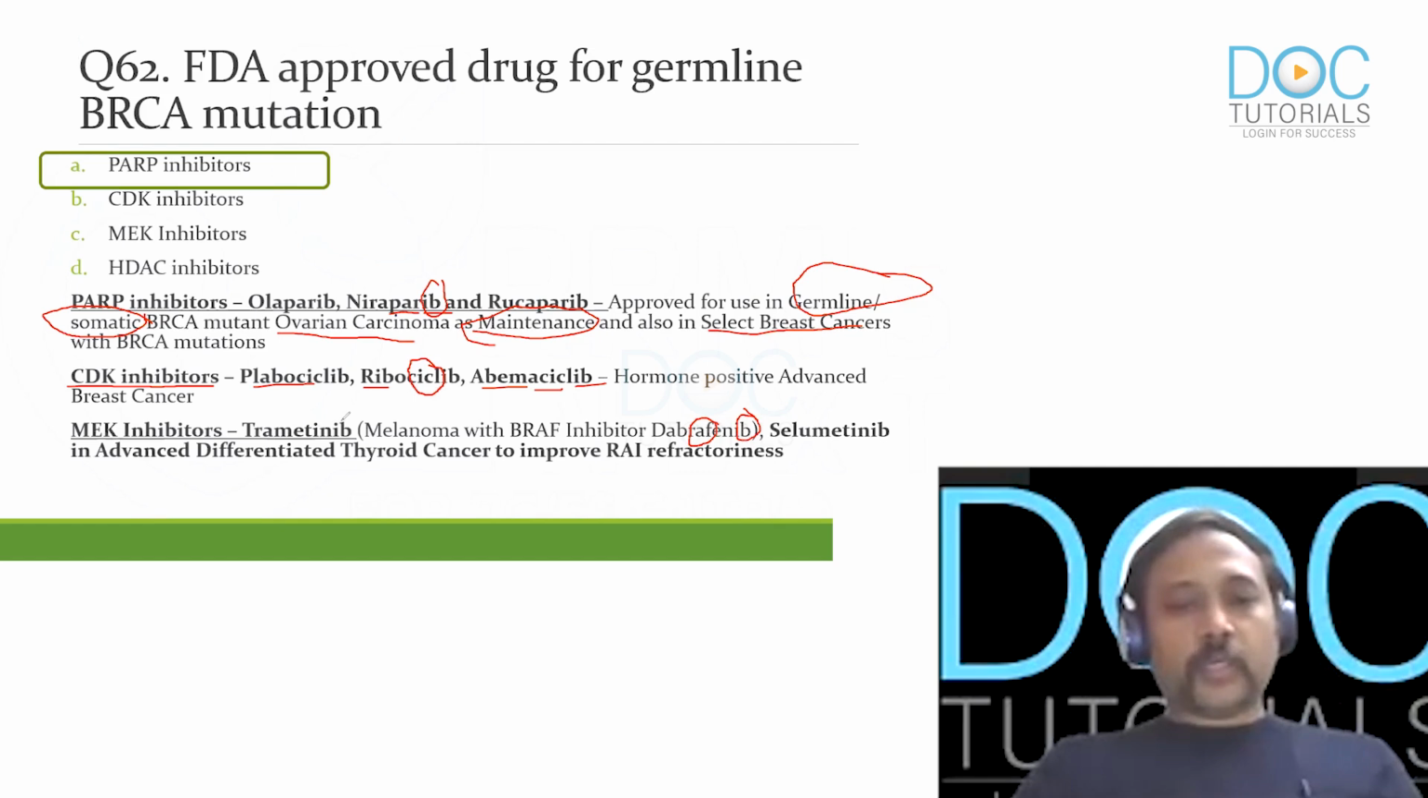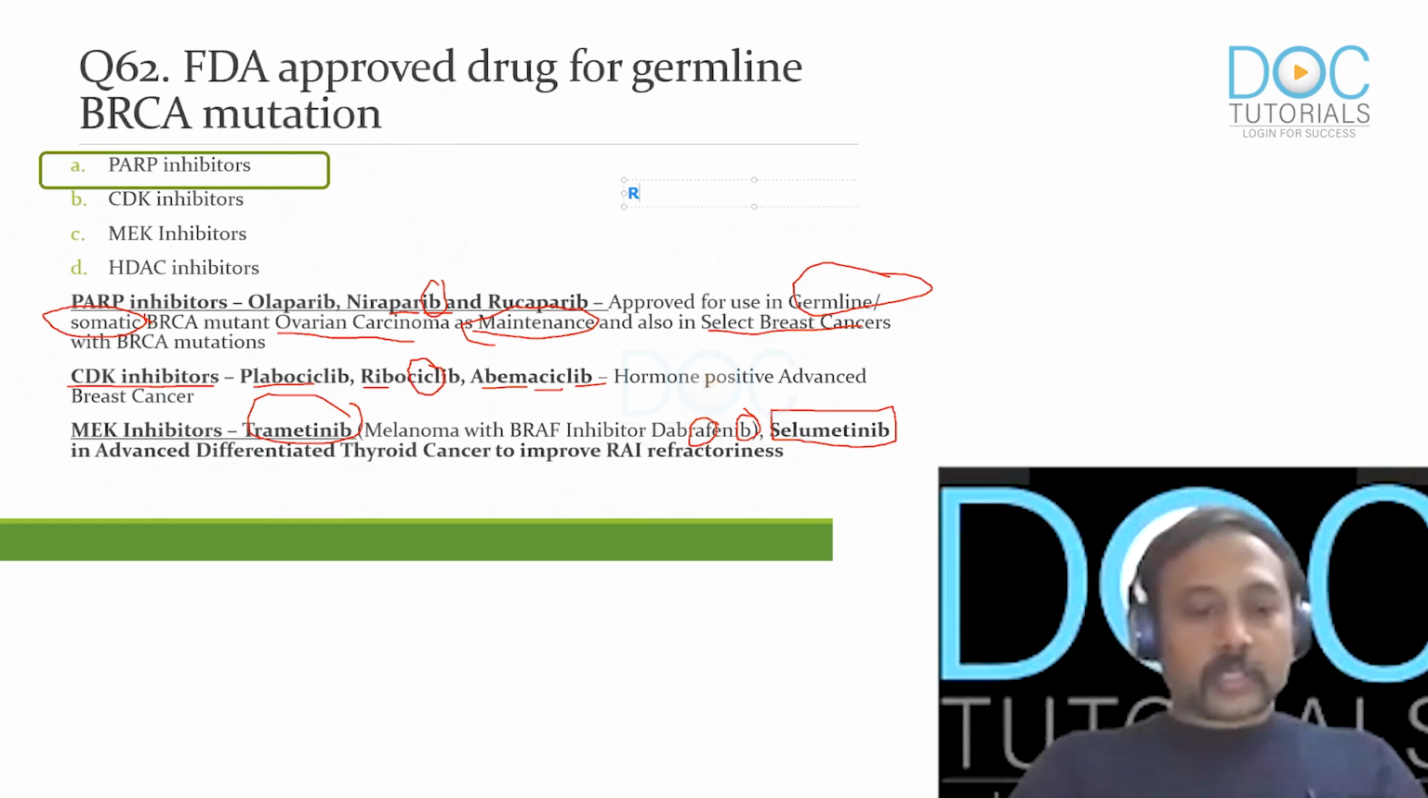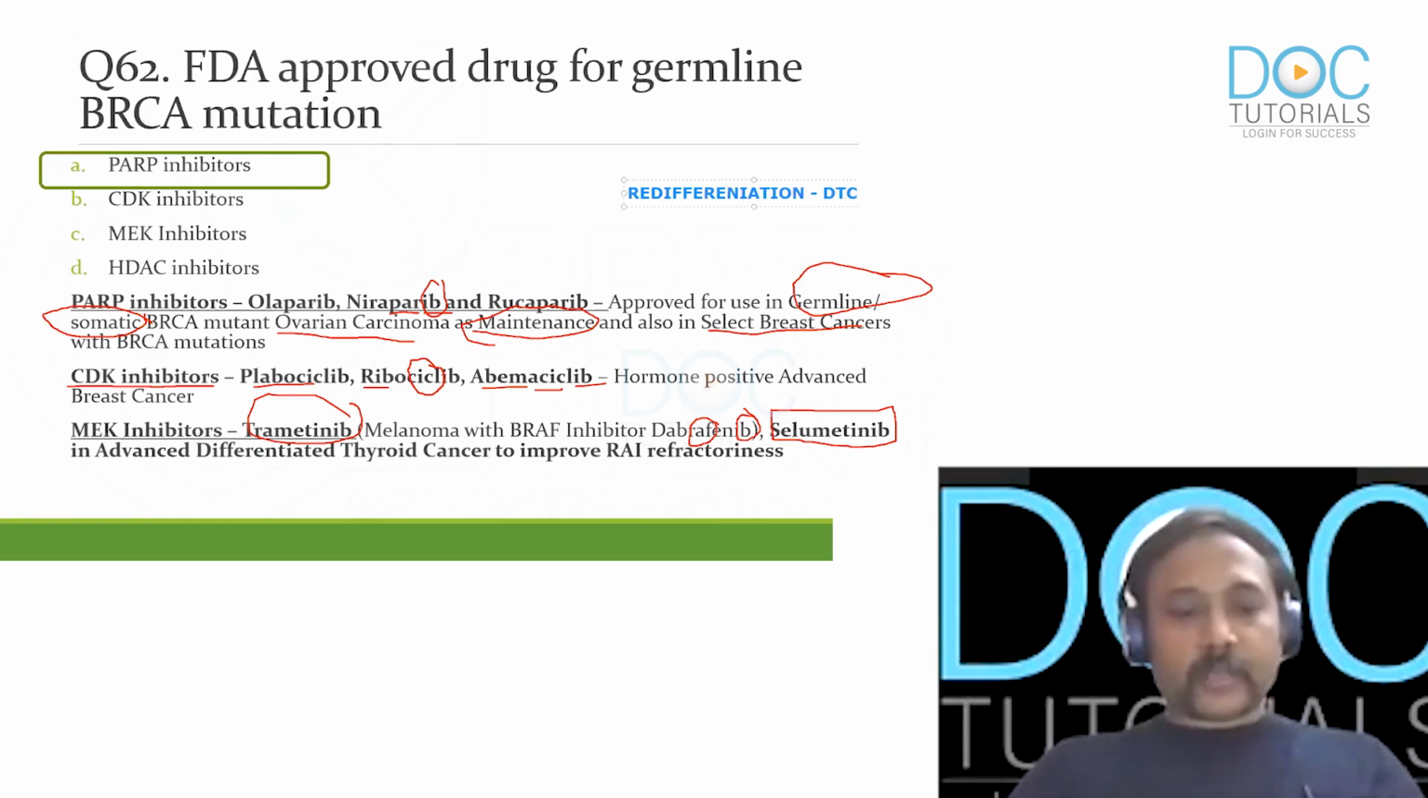Then you have your trametinib, which is going to be an MEK inhibitor. And then you have your selumetinib. This drug is used in a special scenario of differentiated carcinomas, which is known as redifferentiation. What it essentially means is, when you have differentiated thyroid cancer where you